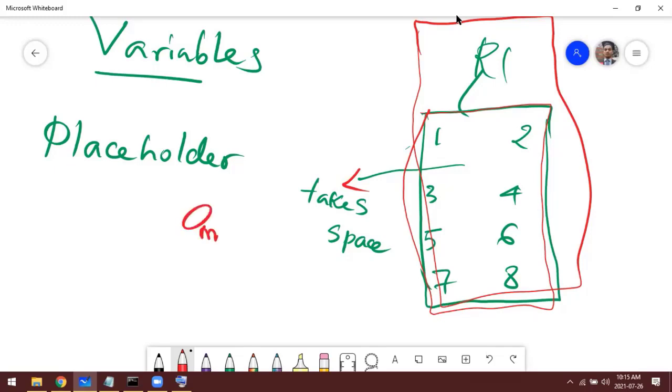We call it memory allocation, right? Placeholder. And there is another meaning of variable here. Now we have reserved a place where we can accommodate up to 8 people.